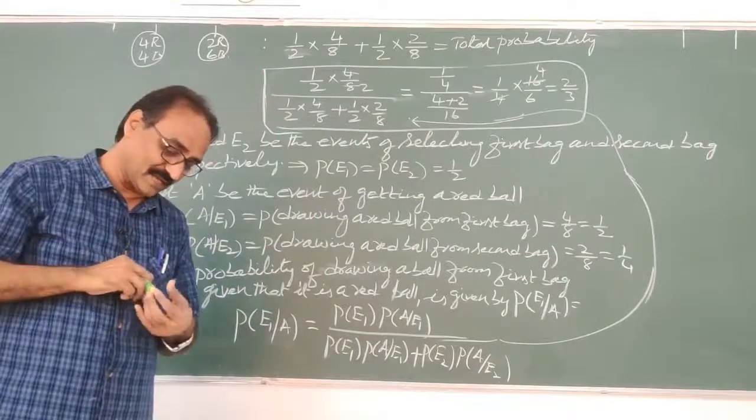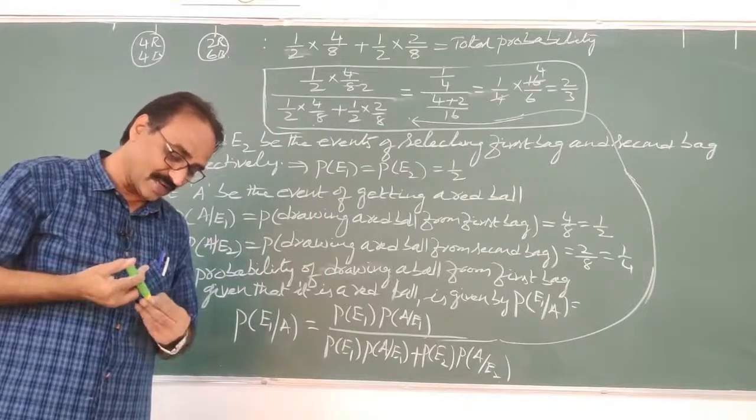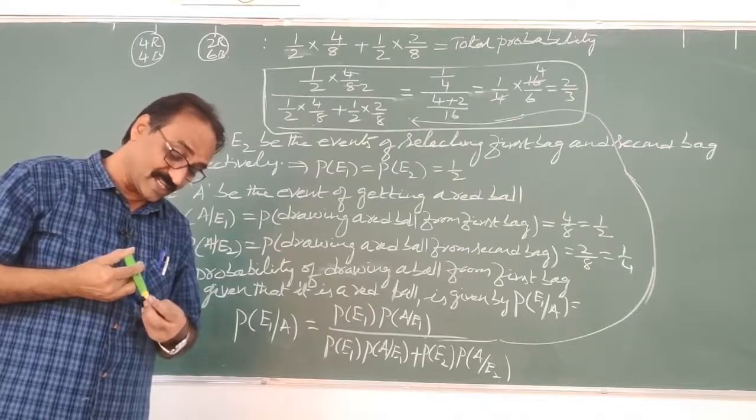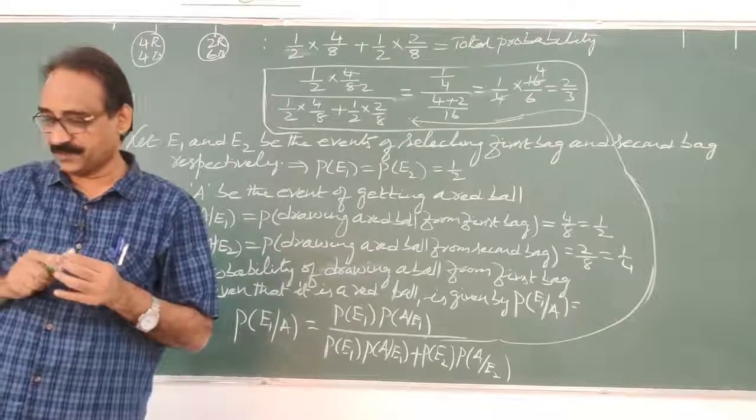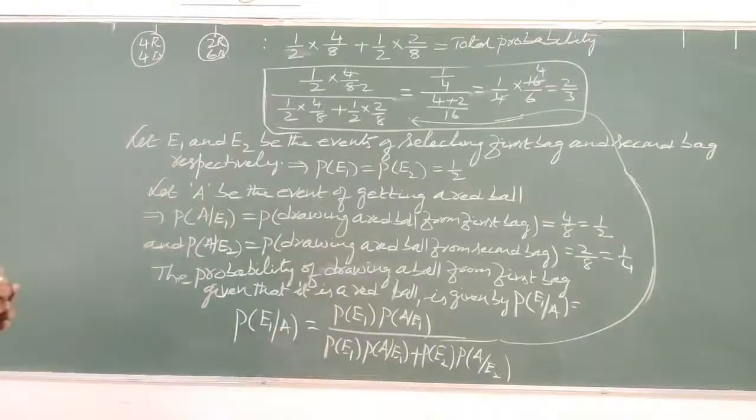So that is the probability based theorem. Very simple, but you have to understand it first, and you have to write it. Both are needed. If you don't write, then problems will come. So for 5 marks, whenever you want to get full marks, we have to write like this, my dear students.